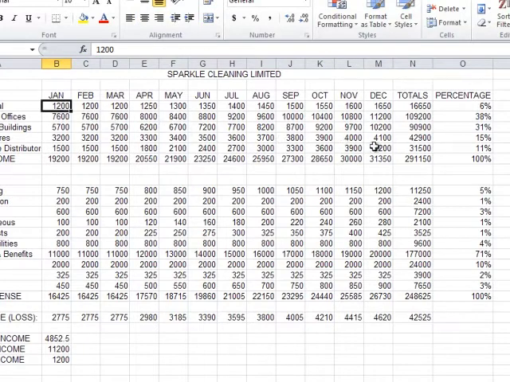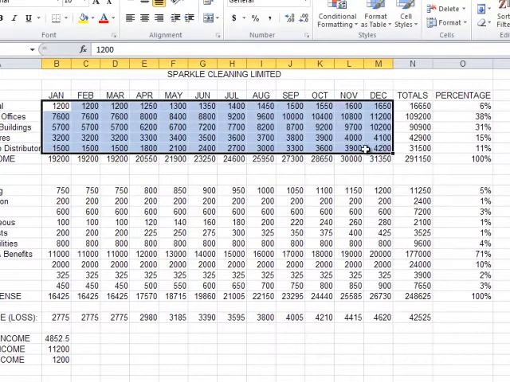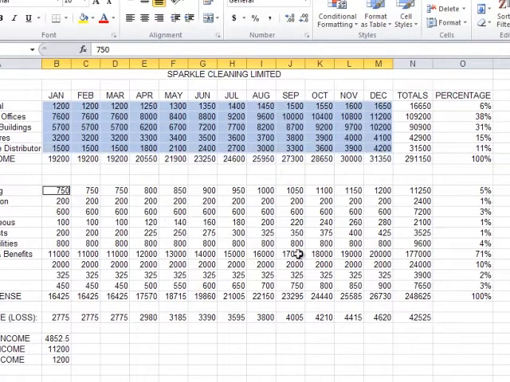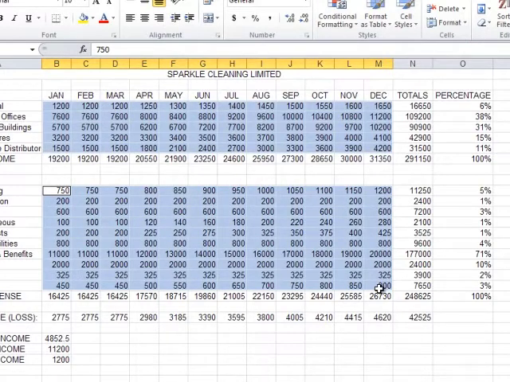Let's highlight some numbers. So I do a shift click from B4 to M8, control click on B12, and do a shift click on M21, and I'm going to stop here. Back to this number grouping,